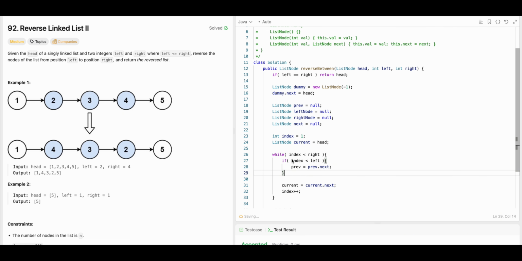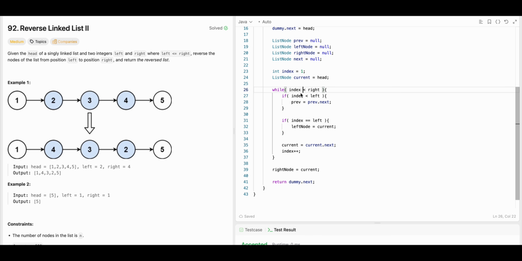And once we reach our index equal to left minus 1, we don't update our previous pointer. And for our left node pointer, we can simply have our check as if index is equal to left. What we can do is set our left node as current,